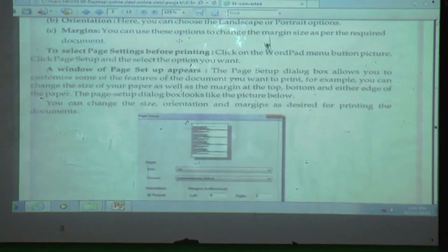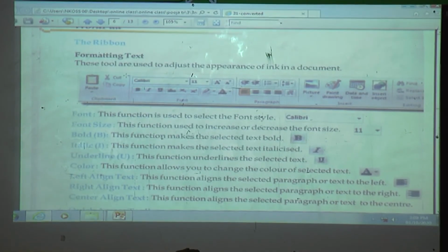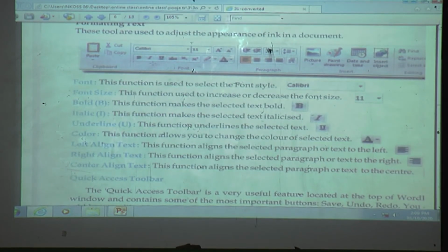What is the use of home menu? By using the home menu, we can change the font size, font color, font style, and we can change alignment also. We can add picture, we can add drawing, we can add date and time, we can insert object also.